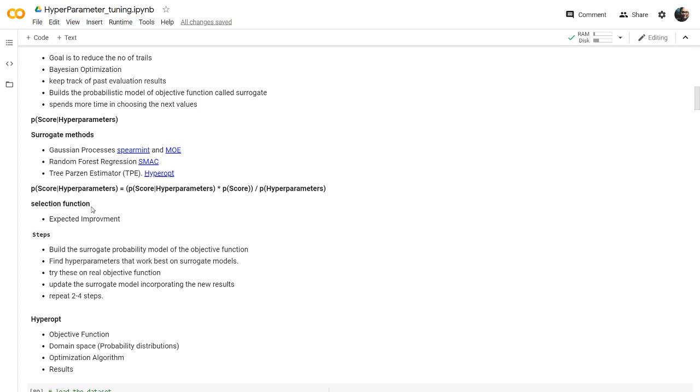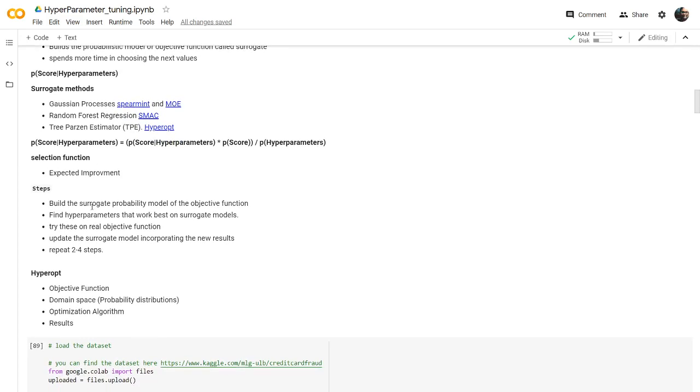The ratio will be L of x divided by G of x, and we want to maximize the expected improvement. That means we want to get the parameters mostly from L of x, not from G of x. In this way it will select the next set of hyperparameters where the expected improvement is maximized. This is how the Tree Parzen Estimator works.